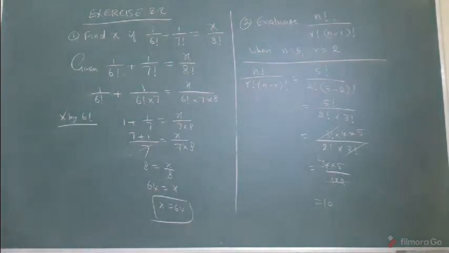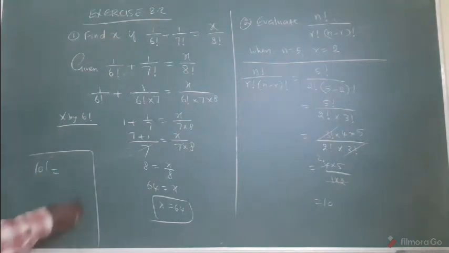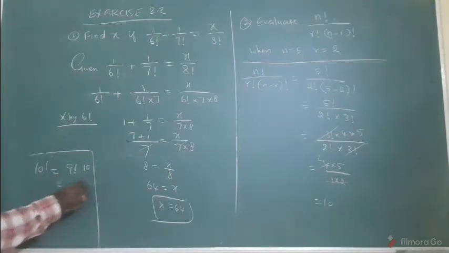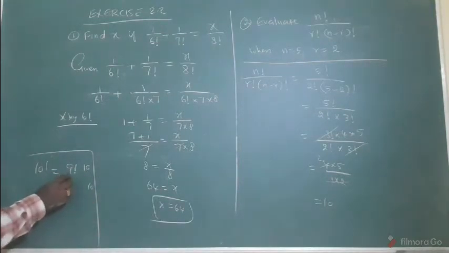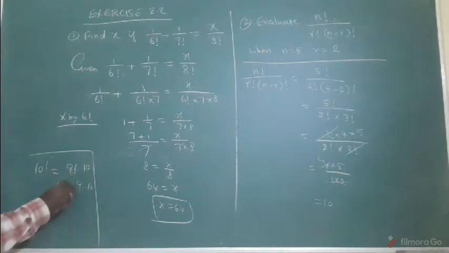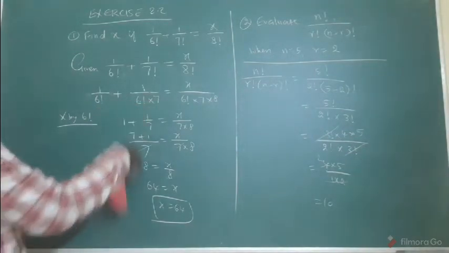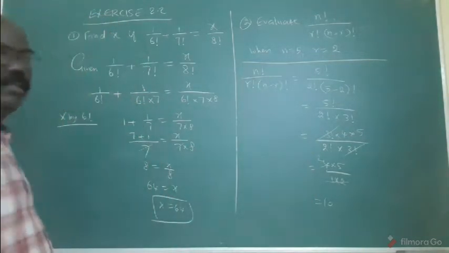Very simple concept. Small idea. The factorial is very, very important. The factorial, whatever it may be. Suppose 10 factorial is there. What is the answer? Without factorial 10, the previous one 9 factorial. Again, 10 into 9 factorial, then without factorial 9, the previous 8 factorial. In this way, you want to write that small idea. That's why, by using this idea only, we get the answer. Here also the same thing. That's all.